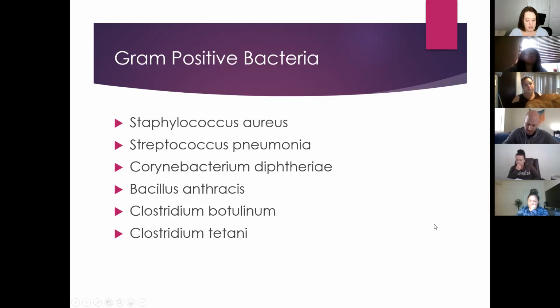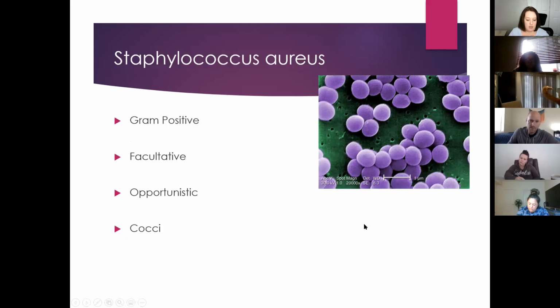So here are some gram-positives, and we'll go over each individually: Staphylococcus aureus, Streptococcus pneumonia, diphtheria, Bacillus anthrax, botulism, and tetanus. So Staphylococcus aureus. Staph, remember, means cluster, and coccus means spheres. You might also hear it referred to as Staph aureus. Obviously, it's gram-positive. It is a facultative pathogen, which means